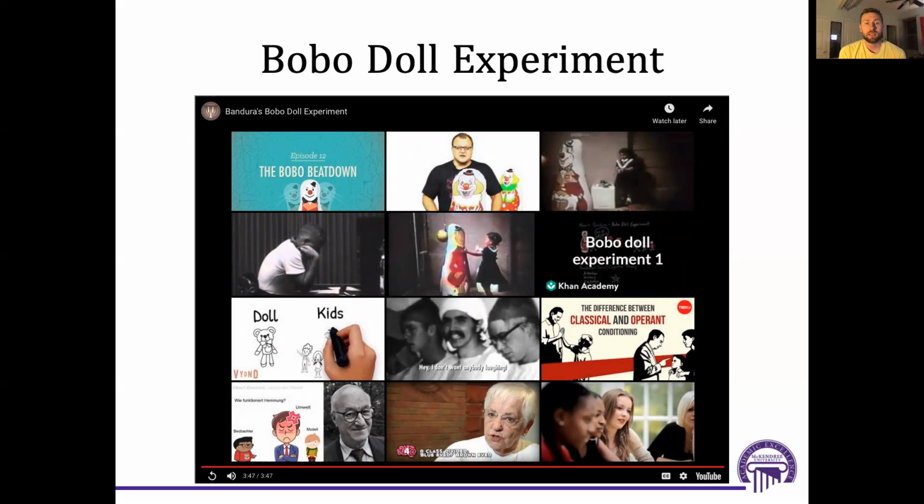So in that original study, there was a control condition in which children did not see that aggressive, violent behavior. Unsurprisingly, those children were less likely to pummel the Bobo doll. Again, we see the role of modeling and how it can influence our behavior. We pay attention to those vicarious reinforcers and punishers. But again, we don't have to directly experience something for us to learn about it, right?